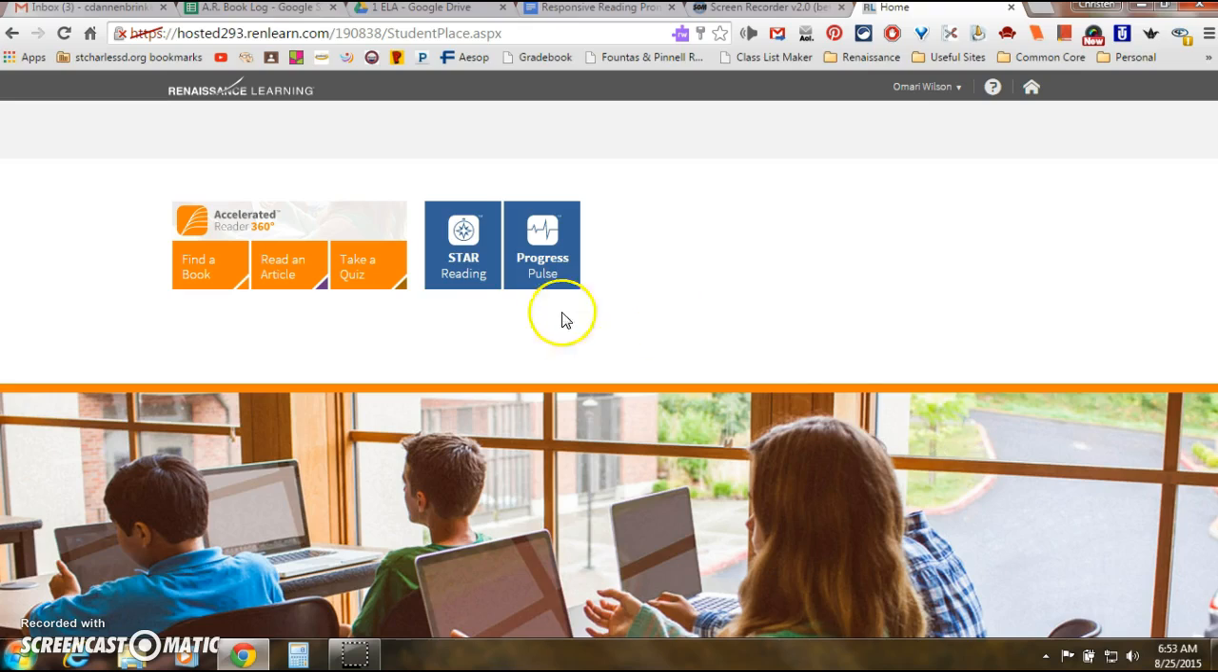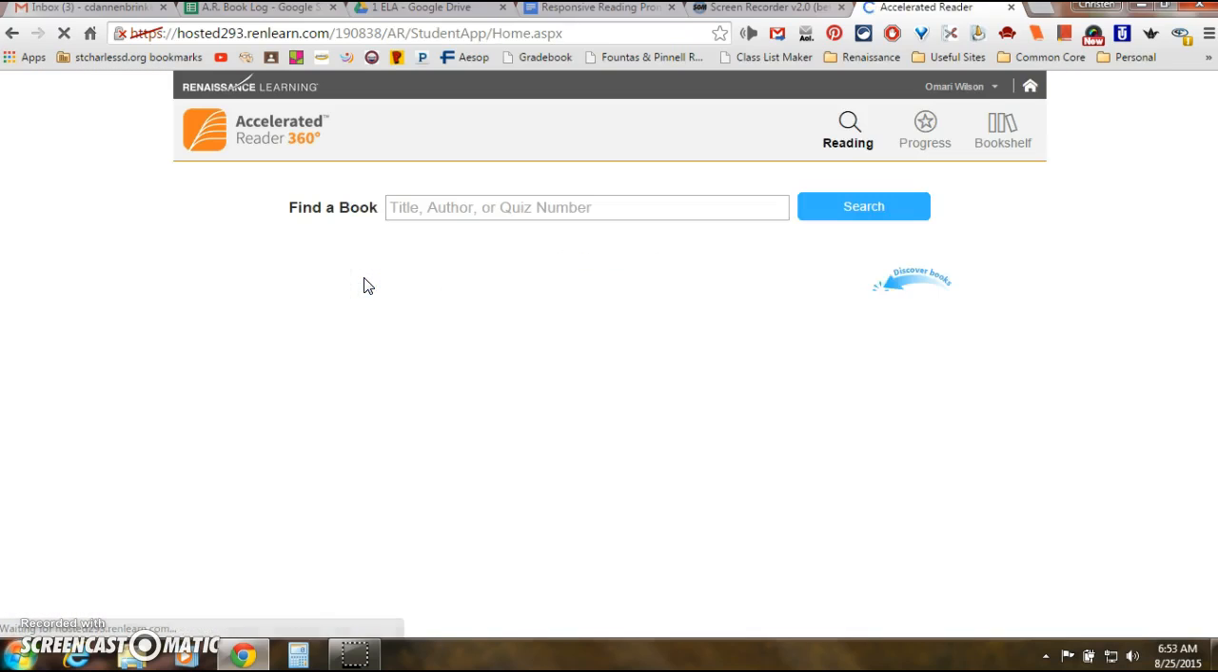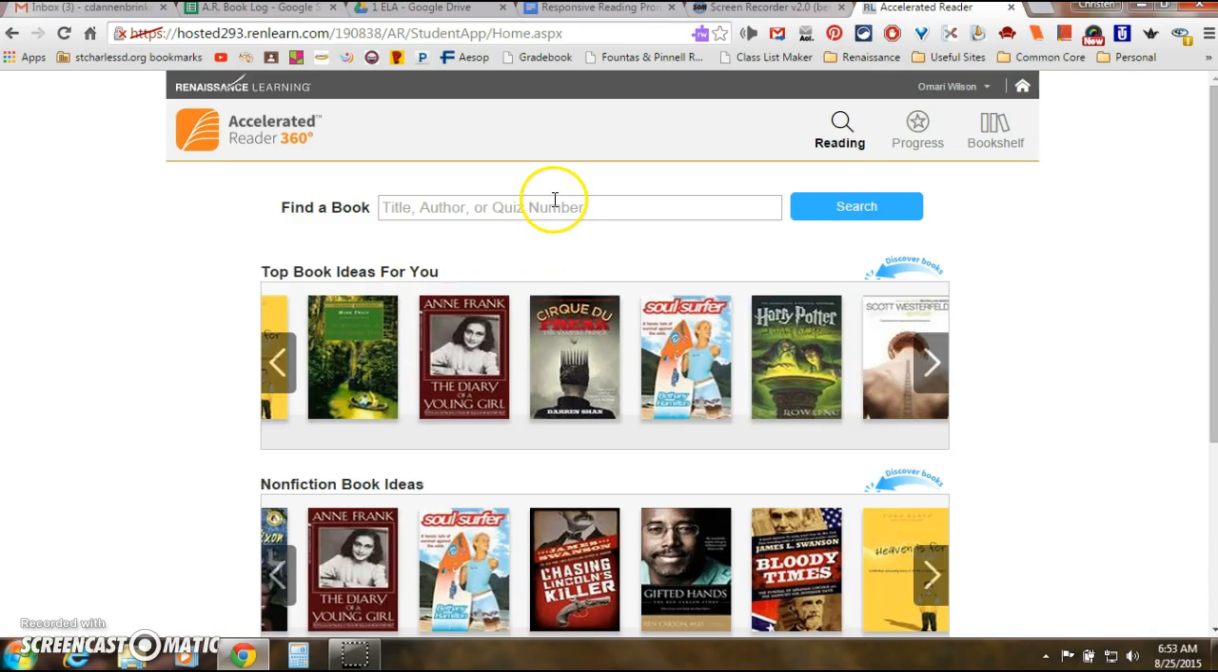To take an AR quiz, they're going to click here where it says Take a Quiz. They need to put their book up here. It is very sensitive, so they need to make sure they spell it exactly the way it's written on the book, and they can try it with the subtitle or not. If they can't find it that way, they can search by author, or they may have to ask you for help. So we're going to search for Seed Folks,